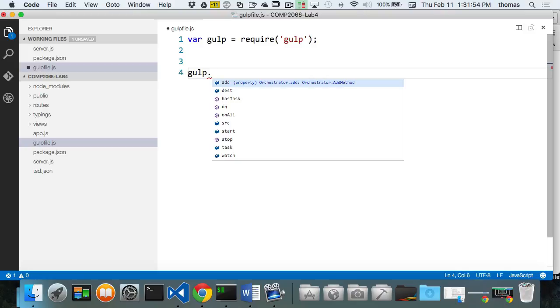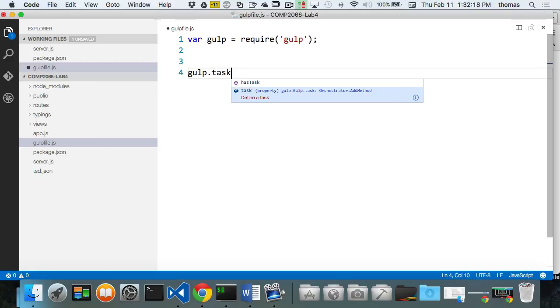It's not going to give me code coloring and syntax errors. It won't do that for me because I'm not using TypeScript, but it'll give me code hinting, which is what I want. So from zero code hinting, now I got code hinting for all of Node and Express. That's like a superpower. Okay, so whenever I define a gulp task, I got to use the following syntax: gulp